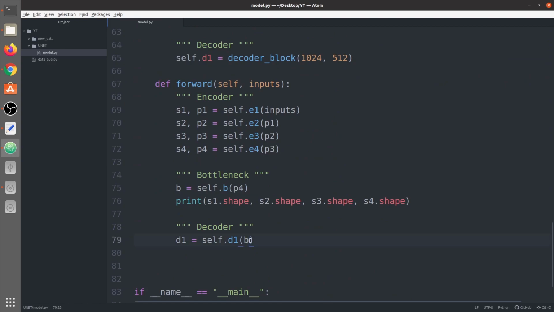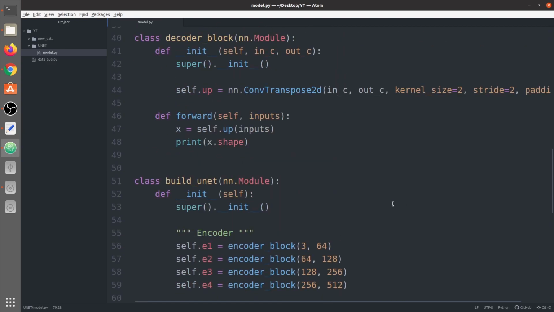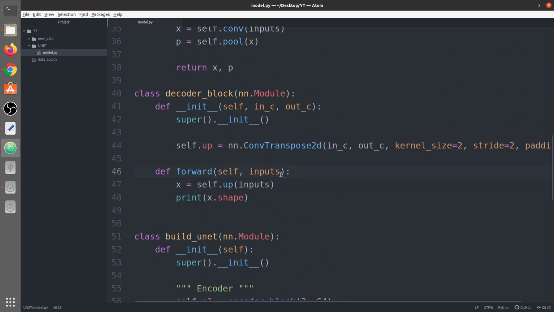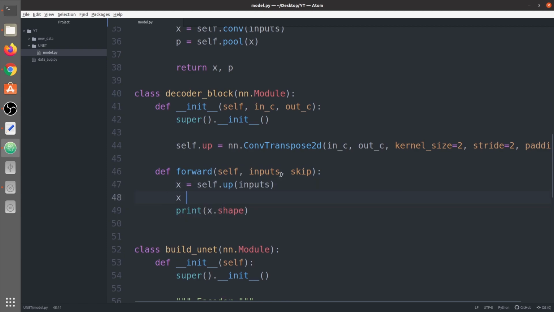So in this d1 we're gonna give input as S4 because they both have the same shape, and we're gonna introduce skip here. Now we say x equals torch.cat, so we concatenate them. We call x here, then skip.